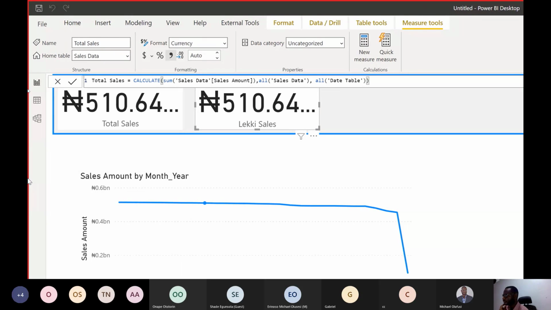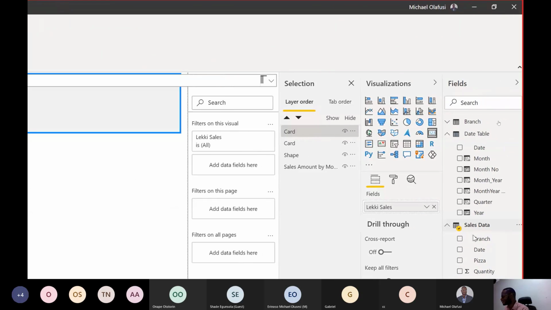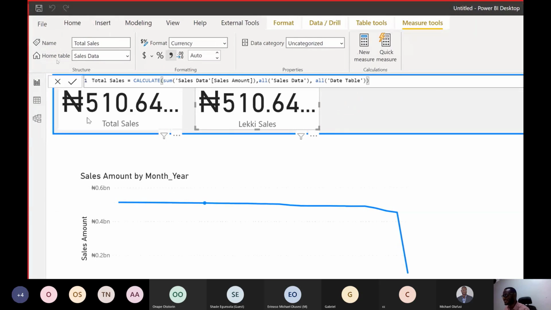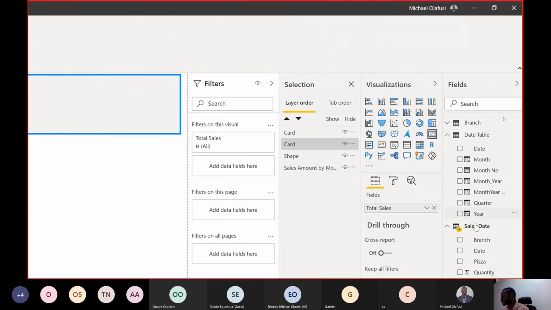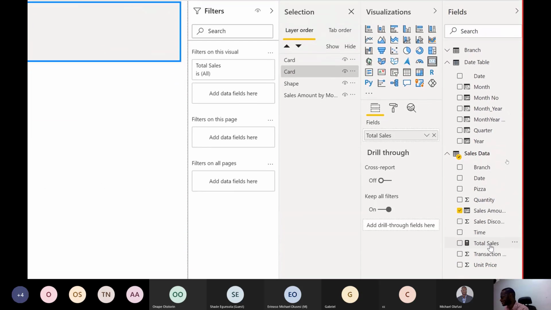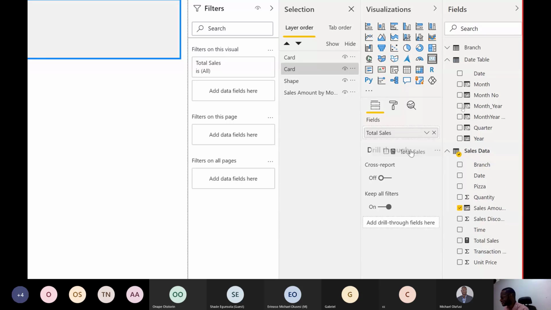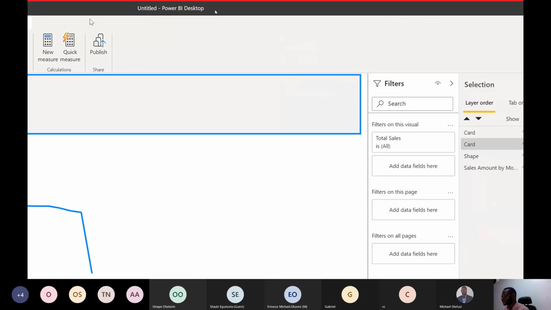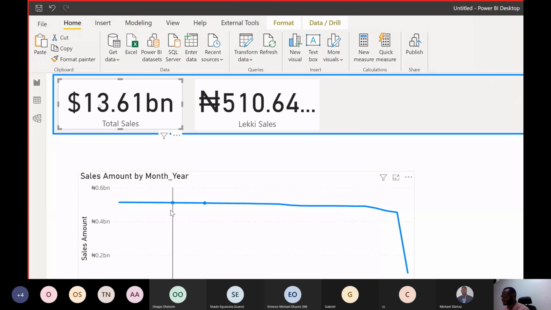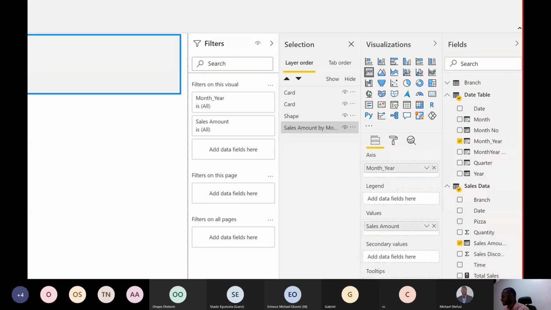I'm waiting for it to, oh, I need to use it. So I'm going to replace this one. It's done. I'm going to replace this one with that one, so I'm going to say total sales here. Let's see. From this day onwards, you see that this no longer affects it. Similarly, if I want to do the Lekki sales, I need all of the